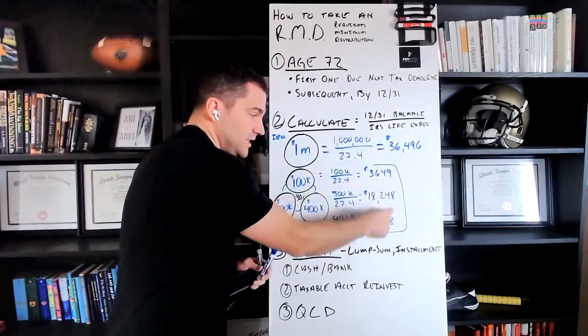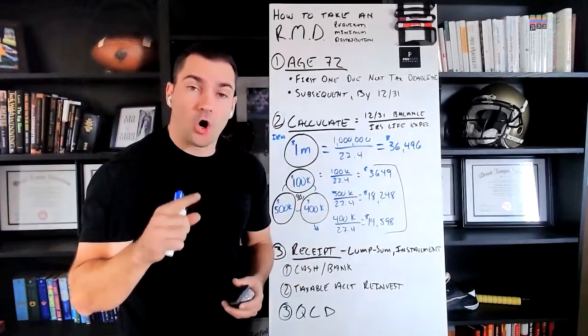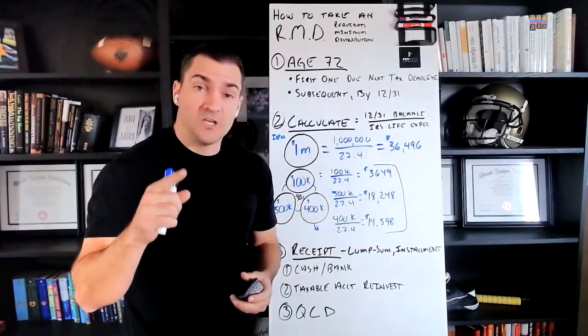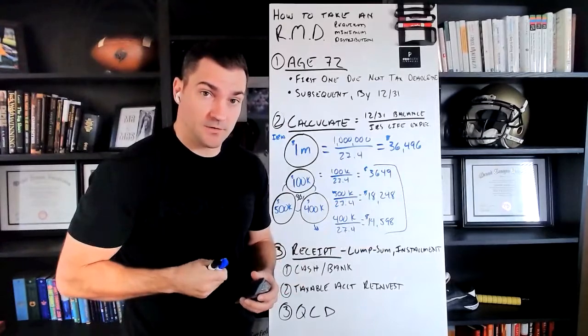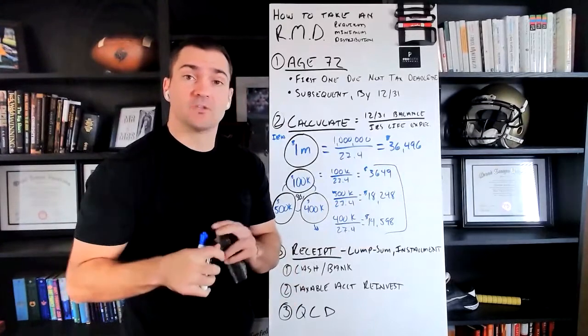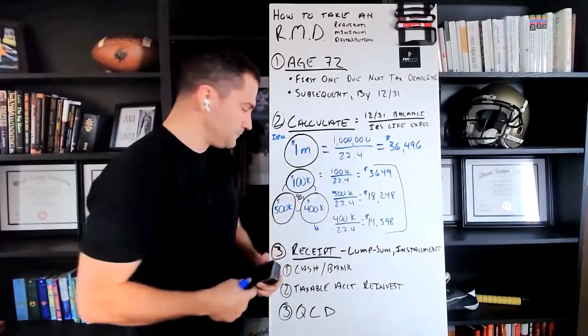They're just going to see these amounts on a 1099-R, as in Roy, that shows that you pulled out the correct amounts based on the prior year's balance. Your brokerage firm or financial advisor should be able to help you calculate this, or you can do it on your own. That's why I'm helping you.